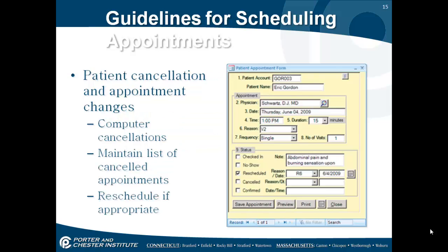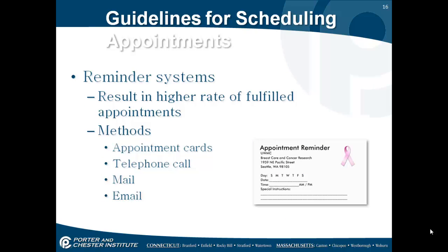Patient cancellation and appointment changes. There's computerized cancellation. It maintains a list of cancellation appointments, and it reschedules if it's appropriate. Some reminder systems. Reminder systems are good because they result in a higher rate of fulfilling appointments. Some of the methods are appointment cards,